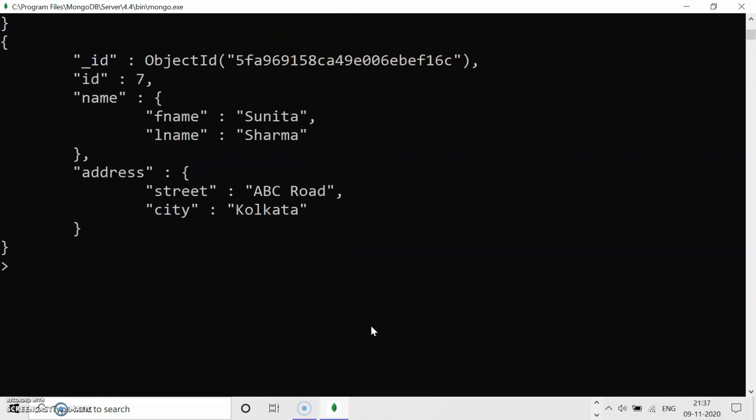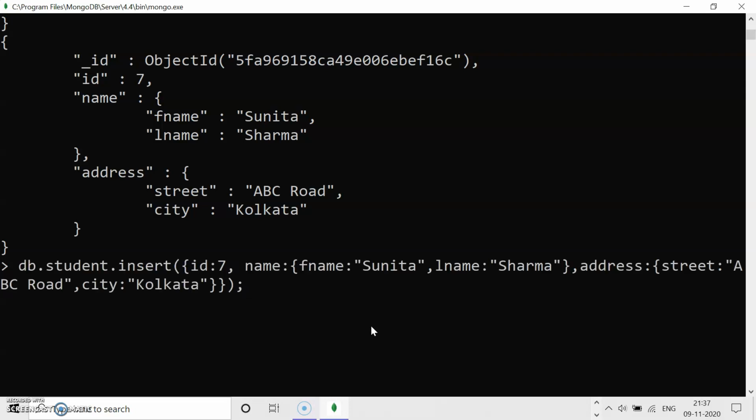Now I will show you how to insert an array. An array is nothing but a multi-valued attribute. If a particular student has more than one value for phone number, I can insert ID 8, name, address. If we take the same record, it will still be accepted by MongoDB.